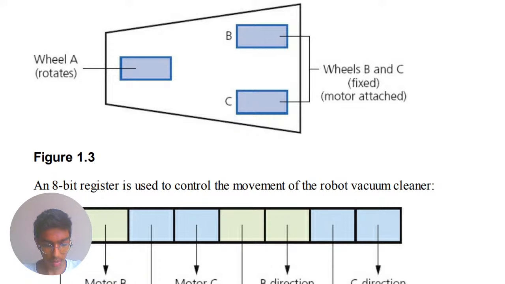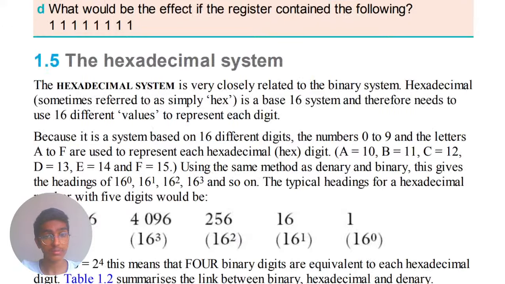Finally, let's move on and have a look at the hexadecimal system. Because we had to look at the binary system, now let's look at the hexadecimal system. So what is the hexadecimal system? The hexadecimal system is kind of related to the binary system. So you would ask yourself, why do we need to know it then? I'll tell you this. First of all,